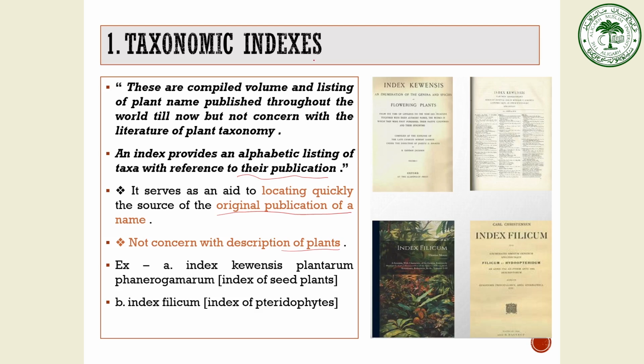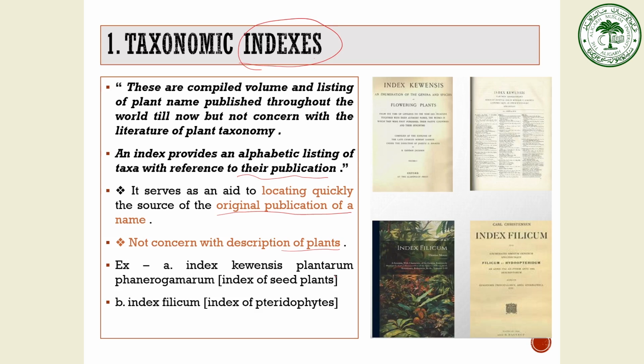That is why it is called taxonomic indexes, because it indexes all the plants present in the world in alphabetical order, and you can easily reach the desired publication from this indexing. If we see some common examples, one of the most common examples is